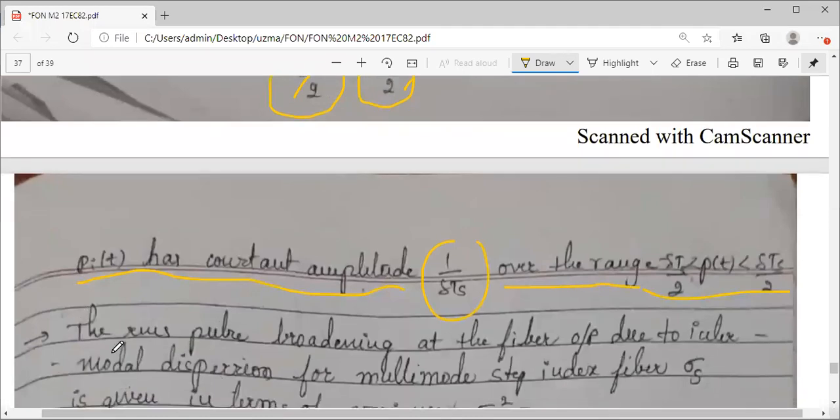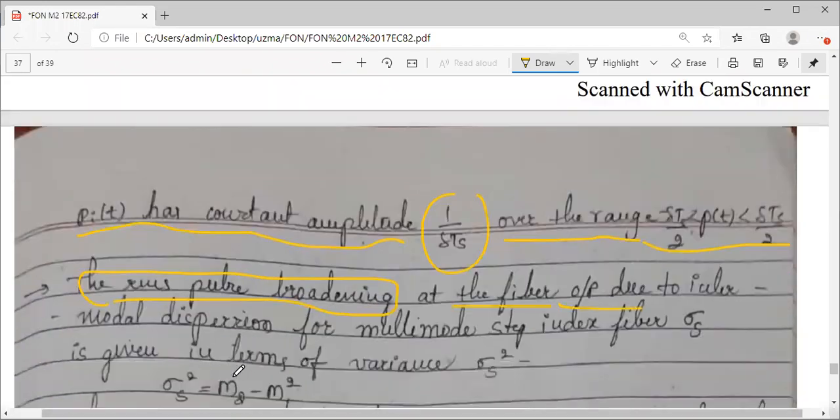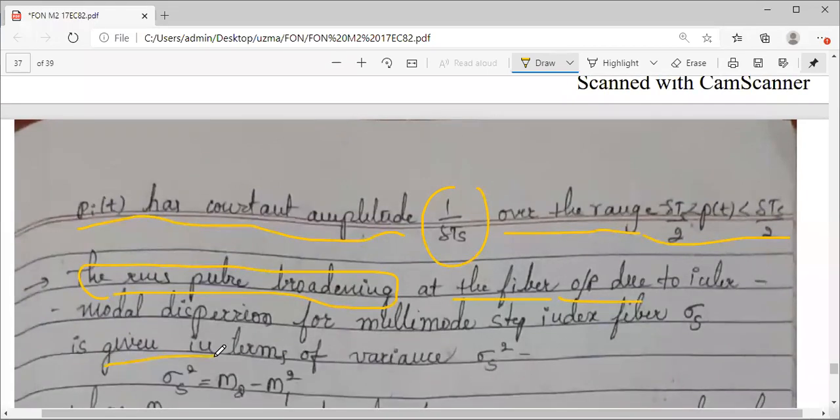Now the value of the RMS pulse broadening, let us go to probability and statistics. You might have studied the mean and variance values, how to calculate root mean values, right? So in the RMS pulse broadening, in order to find this at the output of the optical fiber, how can we calculate? It can be calculated in terms of variance. Variance is sigma s square. It is the pulse broadening value in terms of the variance. If we calculate variance, we can get the RMS pulse broadening.